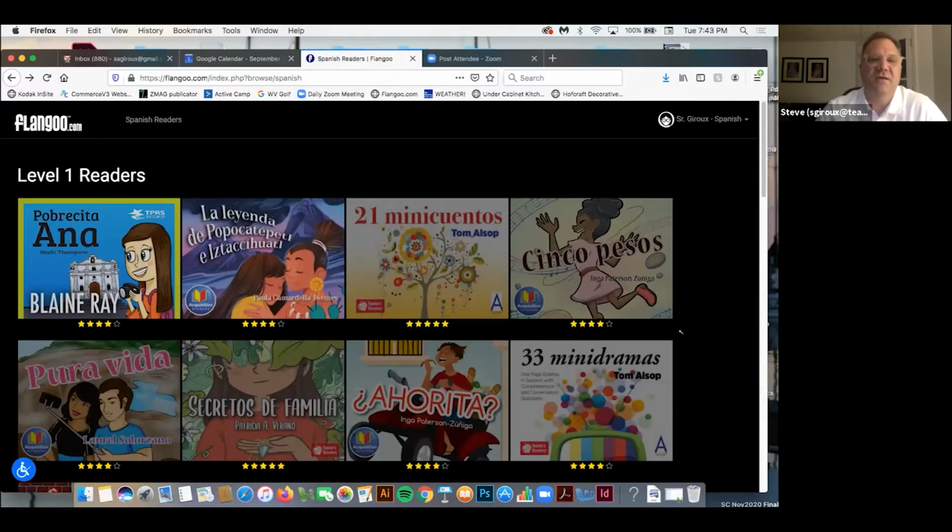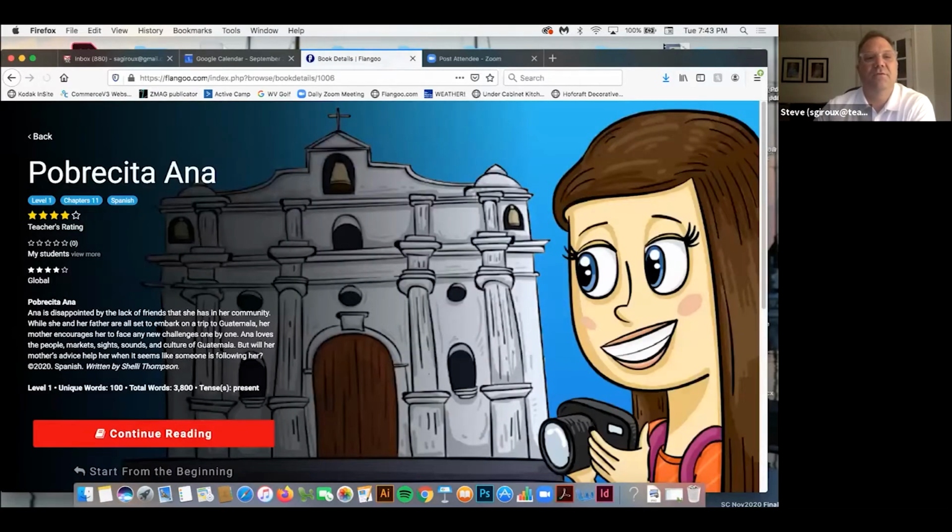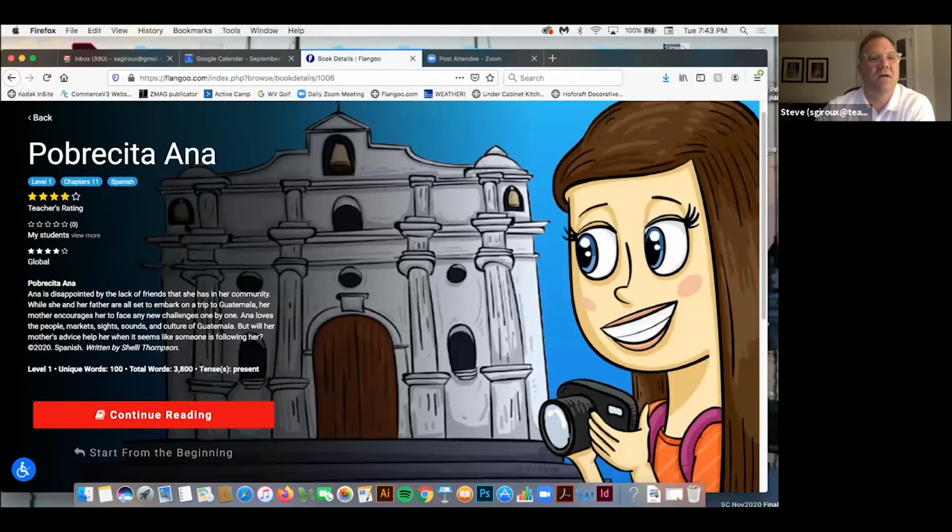You can use this as a FVR. You keep it as a library and all the books are turned on, and you give them a certain amount of time to do free voluntary reading. Or you use the toggle switch and everyone in your class is reading the same book at the same time. With Pobrecita Anna,